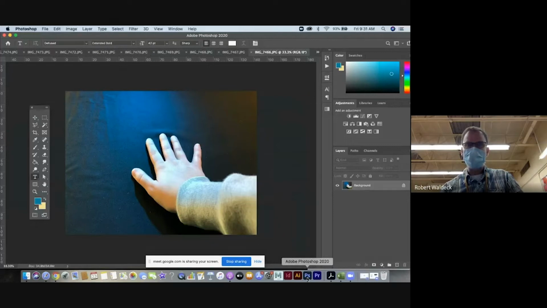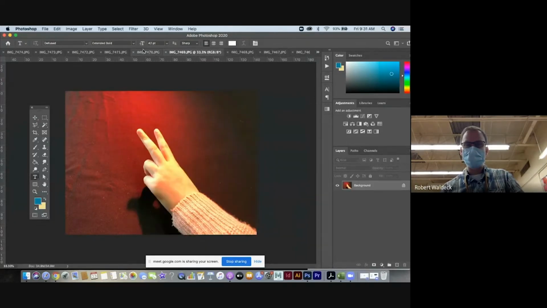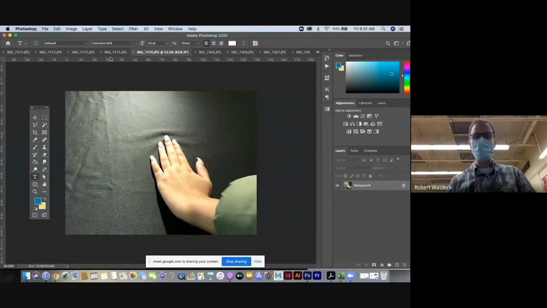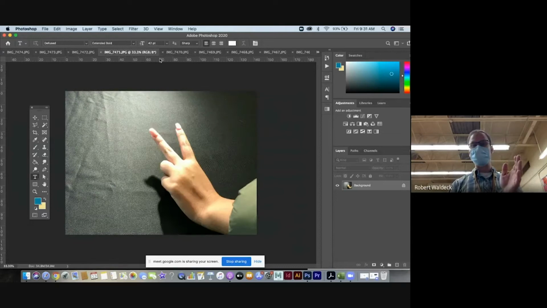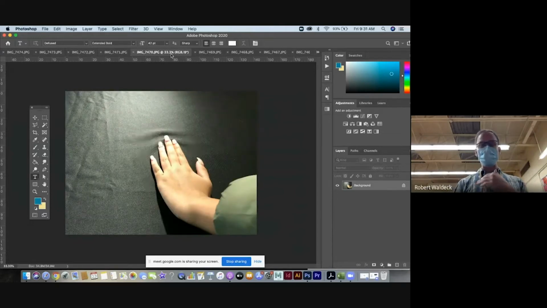Open up Photoshop here. So what I did was I took a bunch of photos of hands, right? Because I thought this would be a good way to demo what I want. If you're dealing with a still life or a stop motion, it's just a sequence of photos. There'll be lots of tricks like interval shooting or fancy stop motion software that allow you to onion skin things and see things. But basically, the basics of it is you set your camera up on a tripod, you move something, you take